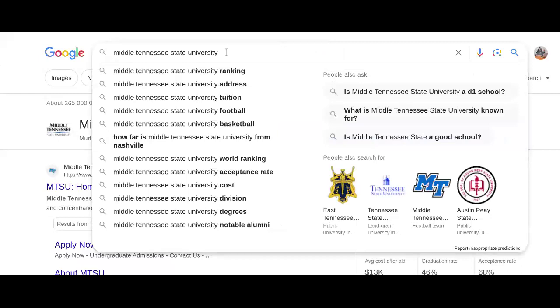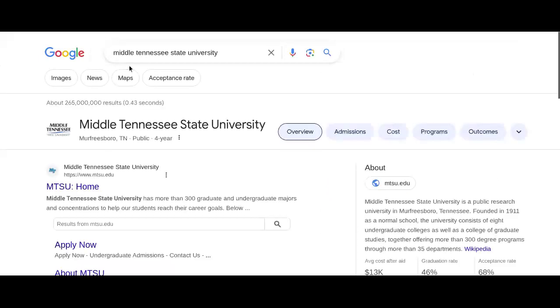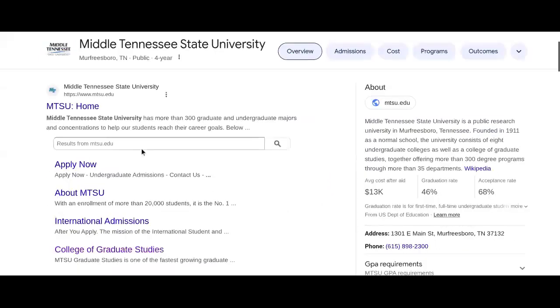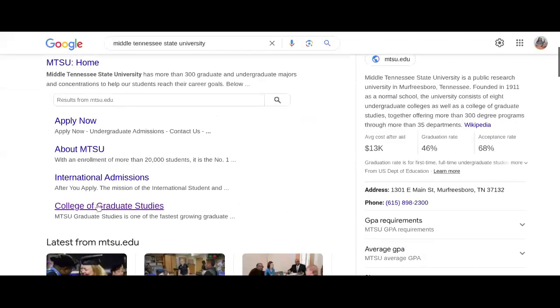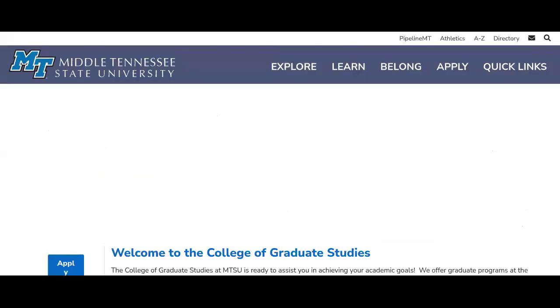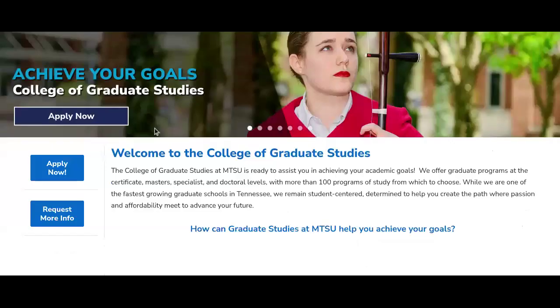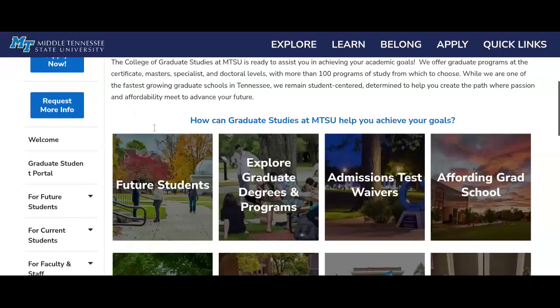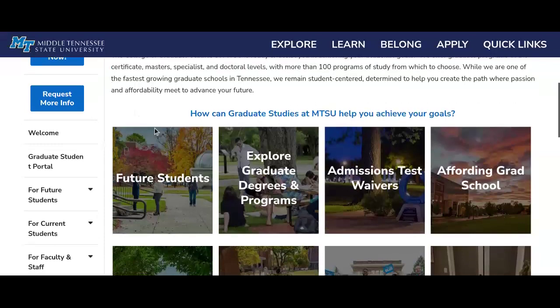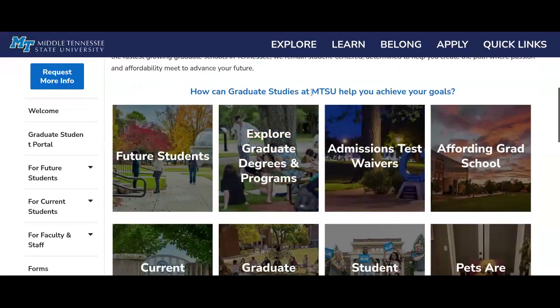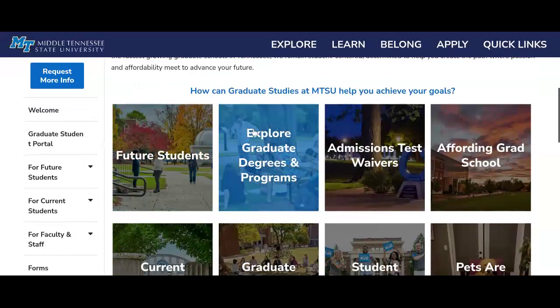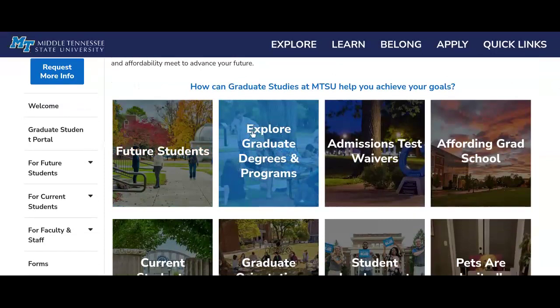So now you scroll down, then you look at the College of Graduate Studies. Because you are going for graduate studies, you look at the College of Graduate Studies. So we click on that and it takes us to their page. Now, on this page, we can see everything about graduate studies here. What we will have to do is look at the graduate programs. So let's go to the graduate programs,